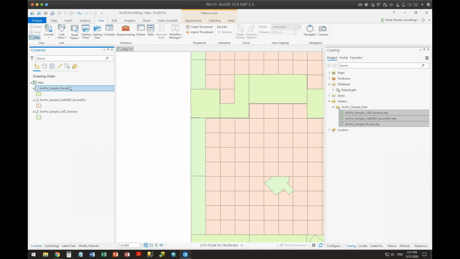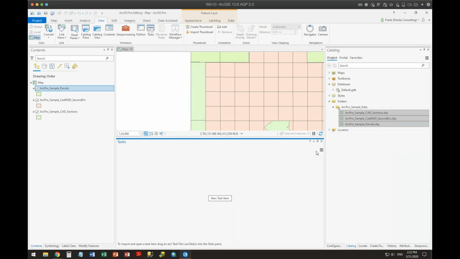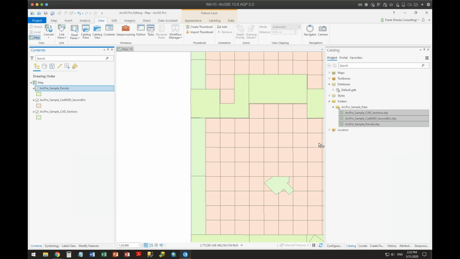This is your contents, your table of contents pane. Putting up here, this is your geoprocessing pane again. Python, tasks. Here's a series of tasks in here. Tasks are predefined, repeatable commands or elements that you do. As Esri comes out with some of them, especially for the parcel fabric, there's some predefined tasks in there. You can write your own. Again, think of it as Excel's macro recorder on there. Workflow manager, thumbnails, I don't do much on there.